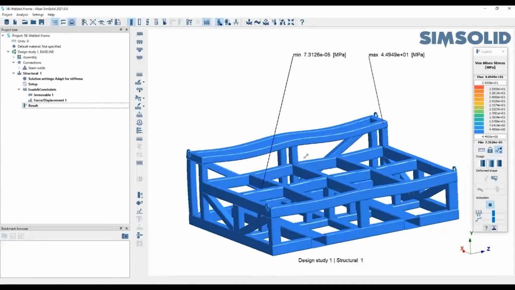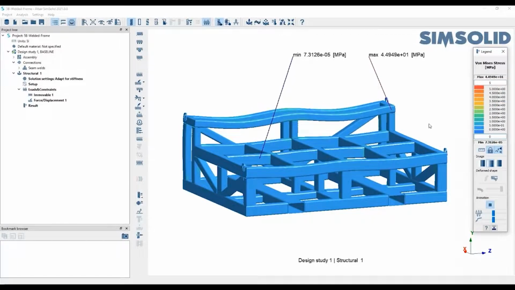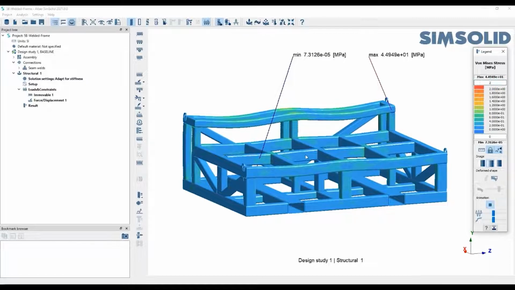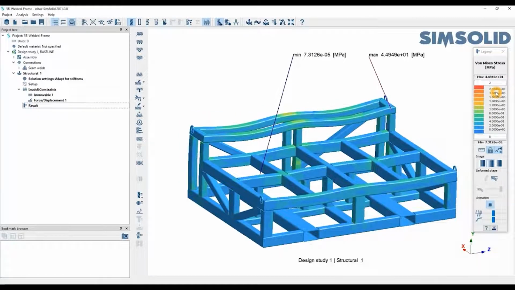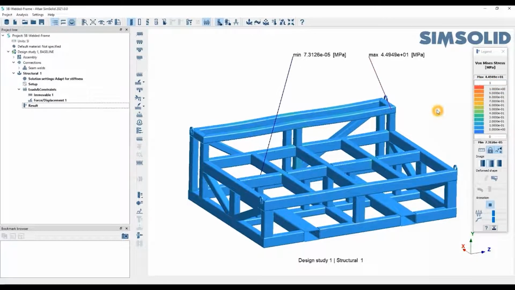And say if you wanted to dramatize your contour plots, you can always adjust these accordingly. So let's make this 5, and let's make this one 0. So you can see which areas undergo most stresses. And let me reduce this down a little bit. I realize that my loading is quite low compared to the rest of the strength of this frame. And you can see anything that exceeds, let's say 1 in this instance,